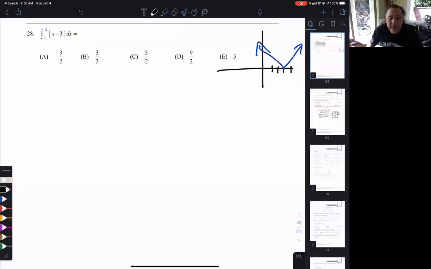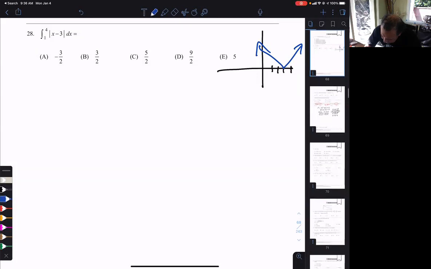So conceptually, you're finding the net area from 1 to 4. The net area would be the area of that plus the area of that. So you could do this pretty easily just using geometry. So what we have here,